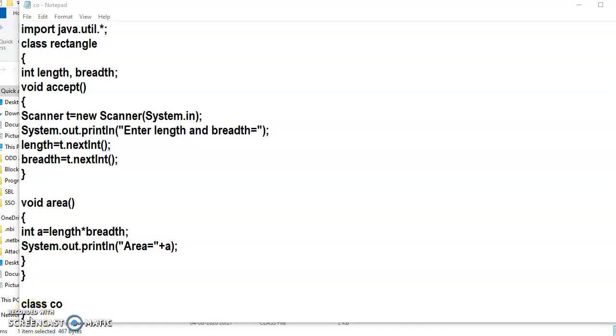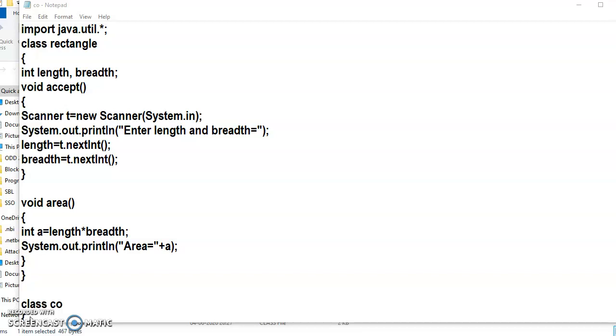Hello everyone. In our previous video, we already saw what is a class and what is an object. So now we all know a class is a user-defined data type which has a collection of data members and methods. Plus one more thing we need to consider while seeing the program of class and object is when we write a class, the memory will not get allocated for that particular class. But when we create the object of that particular class, the memory for that particular class will get allocated.